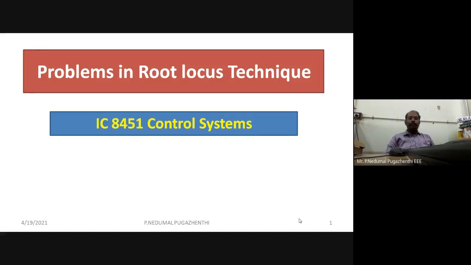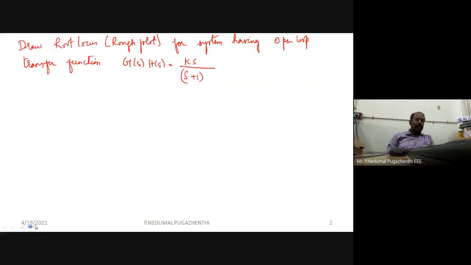Good afternoon. Today the lecture is about a few simple problems in root locus technique. These two problems will not have much mathematical calculation involved. They will give you some idea about how root locus branches move from one location to another when the gain is being changed. So at the end of this lecture, you might gather some idea about how the root locus diagram varies. It can be designed for simple problems.